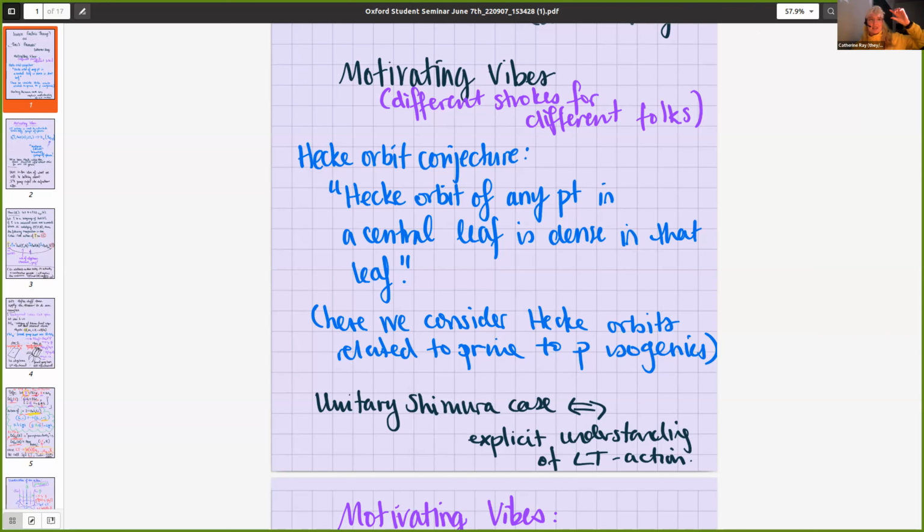This will allow you to start with one abelian scheme, look at all other abelian schemes that are isogenous to it, and project down to that group. This means that you can start with one cockroach living on the moduli stack of all abelian schemes and spread it out to all of the other ones that can possibly be isogenous. Anyway, that's just the vibe of what a Hecke orbit is. The Hecke action comes from trying to understand how abelian schemes associate with each other up to isogeny, but I'm going into way too much detail for a motivating vibe, especially in a homotopy talk, so let me move on.